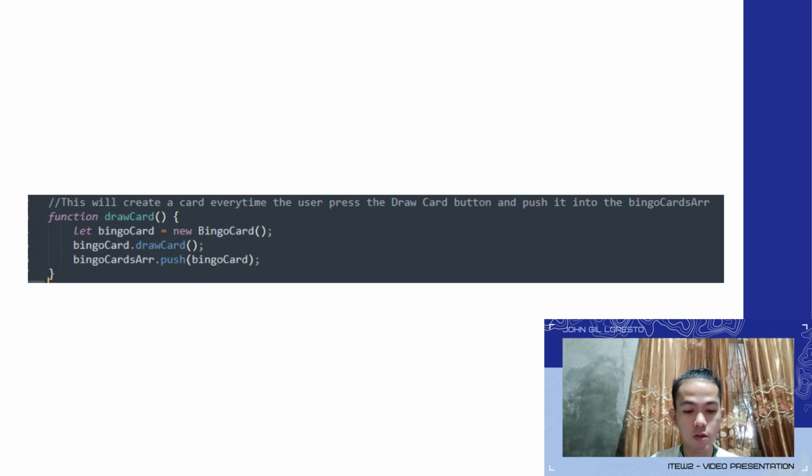It creates a new instance of the bingo card object using the new keyword and assigns it to the variable bingo card. Then it calls the draw cards method on the bingo card object. The draw cards method likely generates a new randomized bingo card assigned to the bingo card object. Finally, the bingo card object is pushed to an array called bingo card art. Overall, this code seems to be a part of a larger program that involves creating multiple bingo cards and storing them